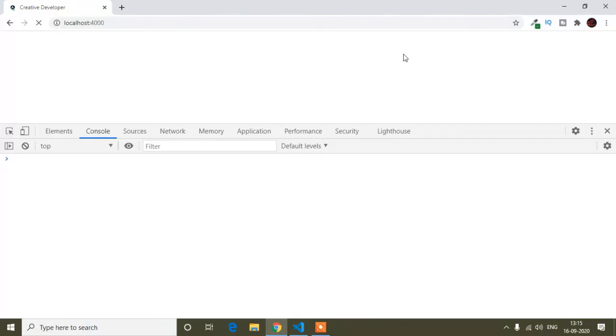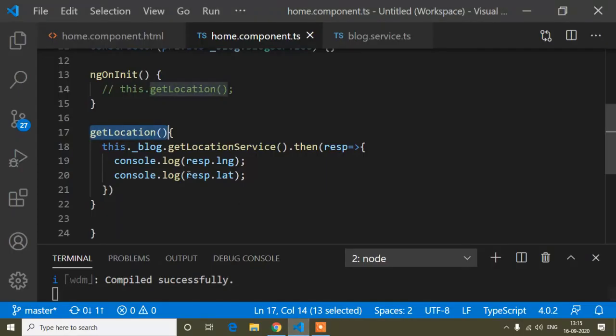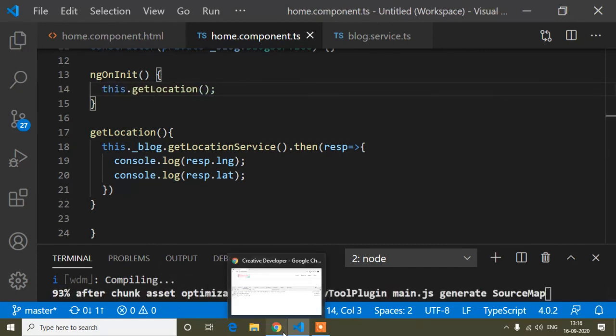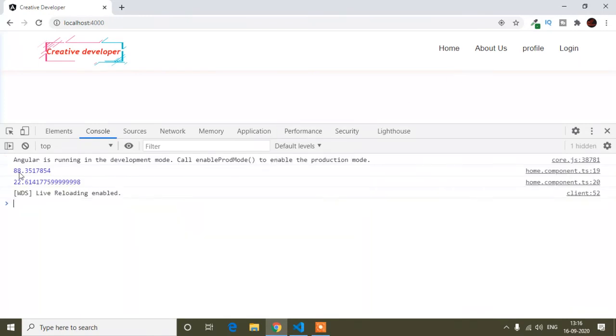So you can see the location sign is not here, and we cannot see the long and latitude here. So I will call this function here. Now I will get the location sign and lat and long of our current position. So here you can see I am getting long and lat of our current position, and here is the location sign.